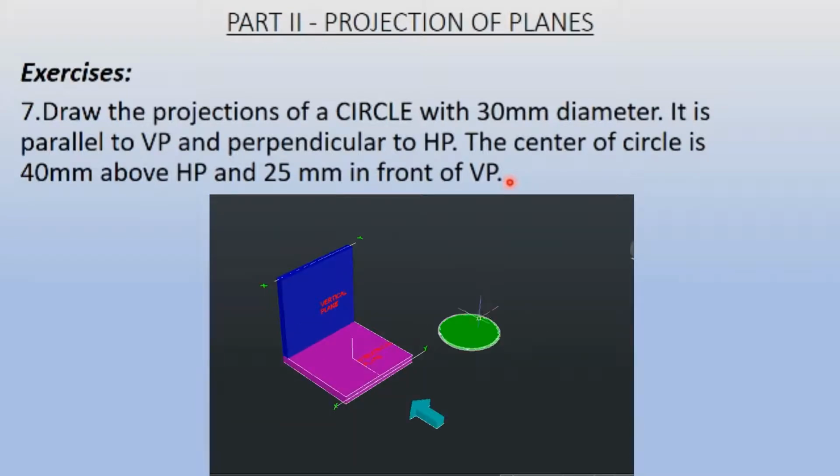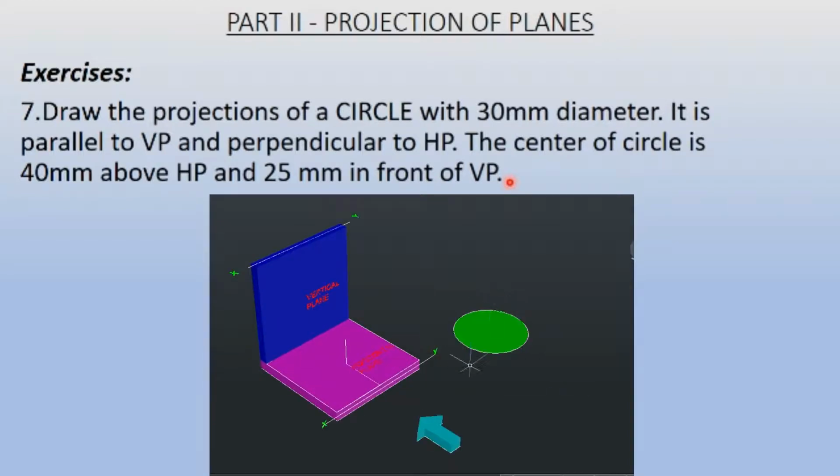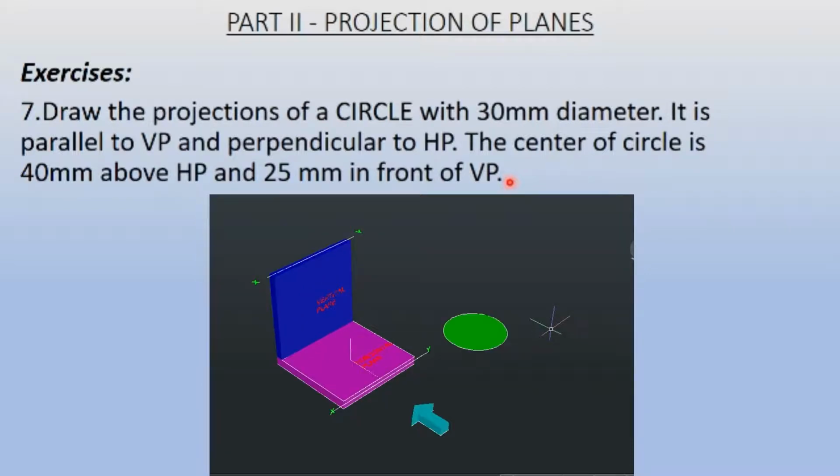We have been given a circle, and it is said that it is going to be perpendicular to HP and parallel to VP. So what do we mean by that? If we have the axis, at least we can make the positions, but for planes we need to take the reference of the surface. In this question it is mentioned that it is parallel to the vertical plane, so the position in which it is lying is not parallel. So now you see that I'm going to make this parallel to the vertical plane.